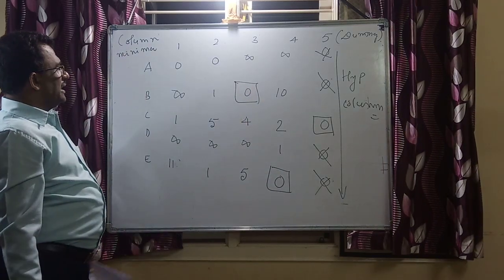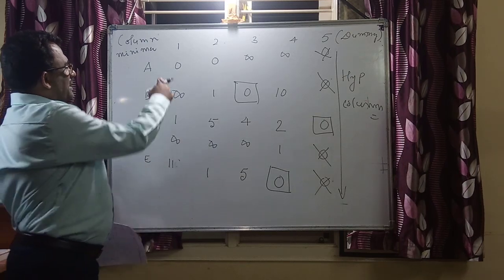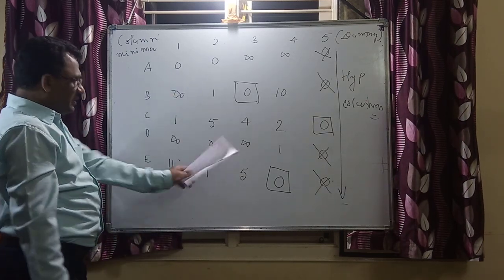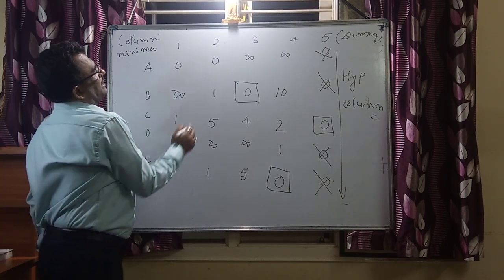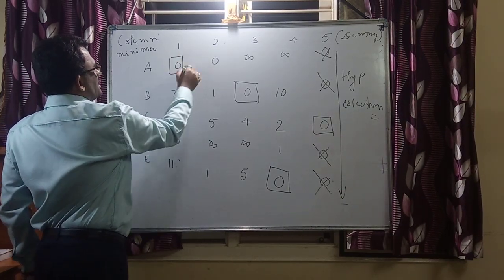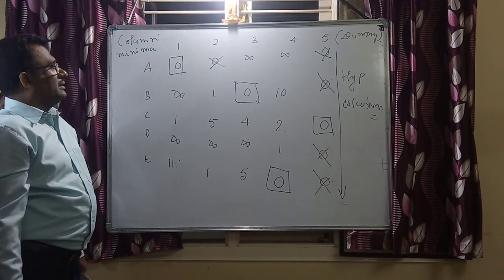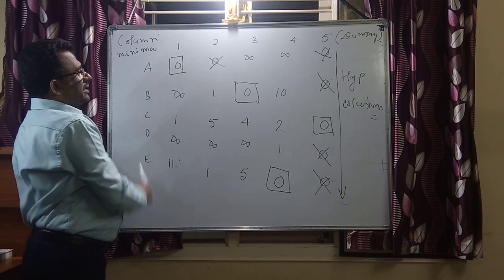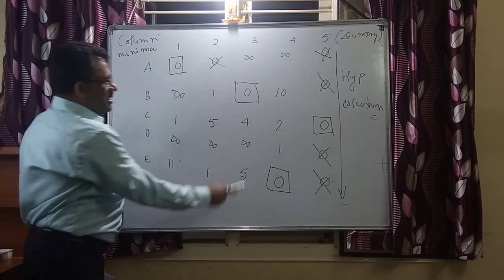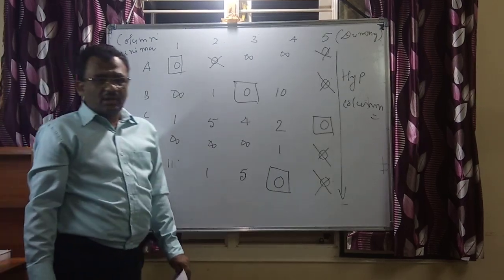You just allocate it. Now once this is done, I have one particular row having 2 zeros, and anyway that is not an optimization condition. Now you just allocate this and you cancel this 0. Any 0 can be done. Now we say that here there is an allocation, here there is an allocation, here there is no allocation, but here is an allocation. There is one single row having no allocation.